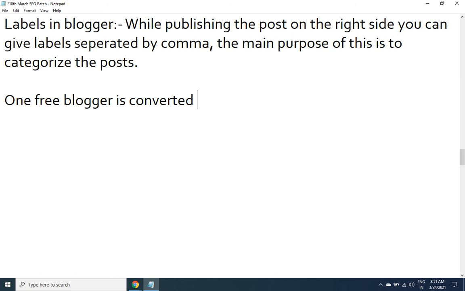Any kind of business wants to have 5-10 pages, say interior designers, packers and movers, such kind of companies. You can easily design and maintain the sites for them and charge them 10, 15, 20, 25,000 easily.